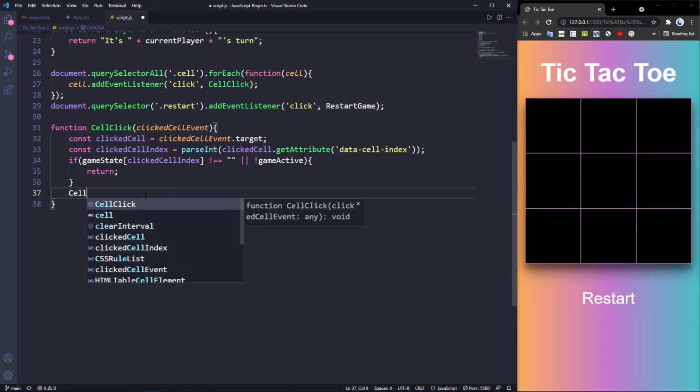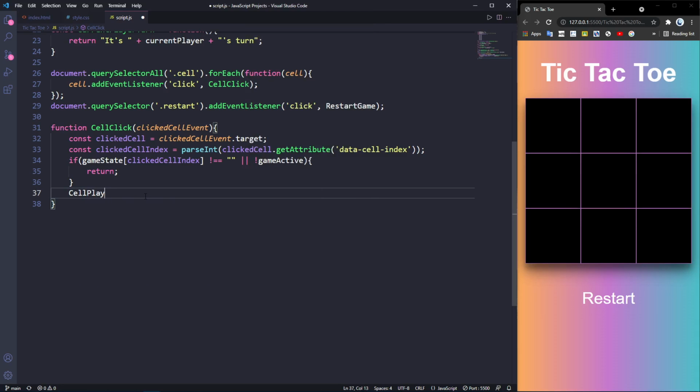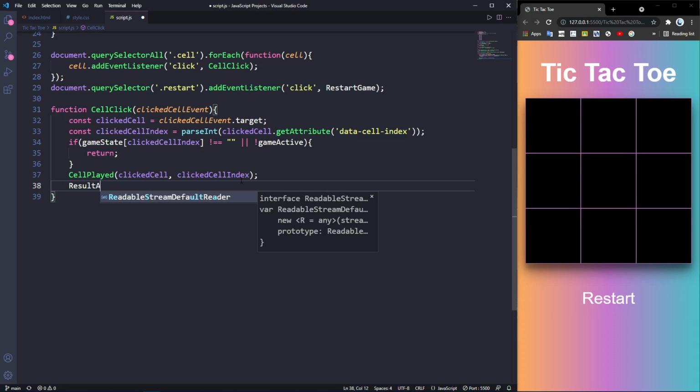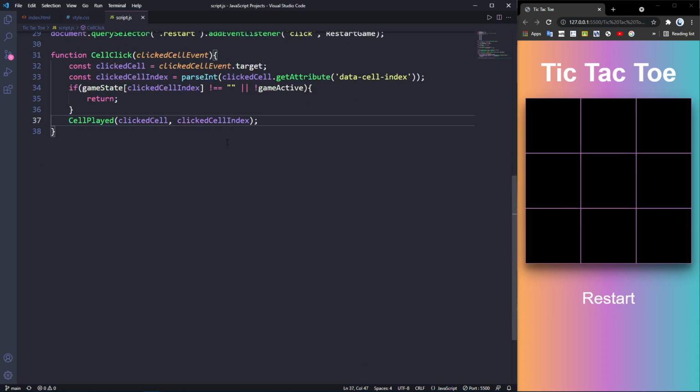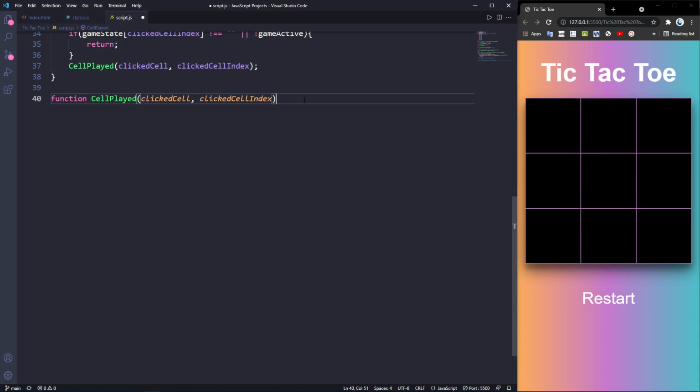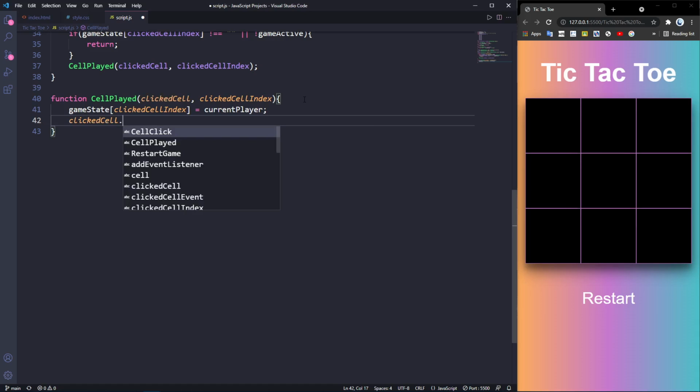So what we can do is call our functions, but we haven't created this function yet. So we're going to pass the clickedCell and the index, and also a result. The result validation we have to create in a minute, which is the function. So now we can go ahead and create these cell players, and we can directly copy this parameter and paste it over here. For the game state of clickedCellIndex, I'm going to pass the current player,